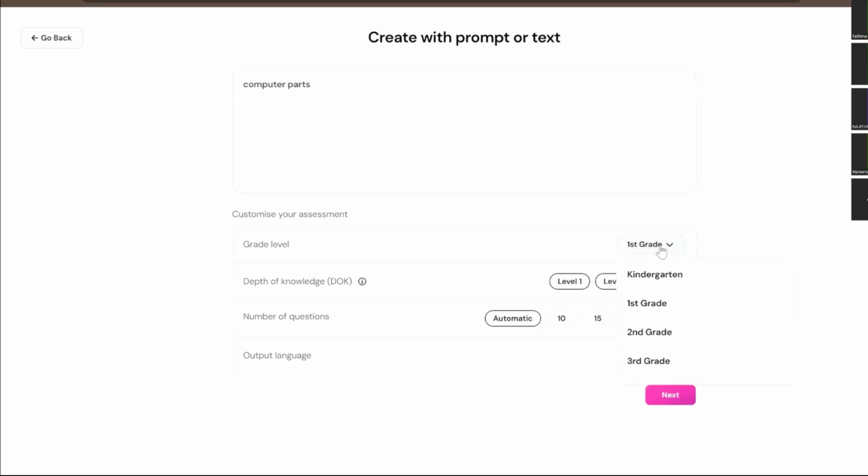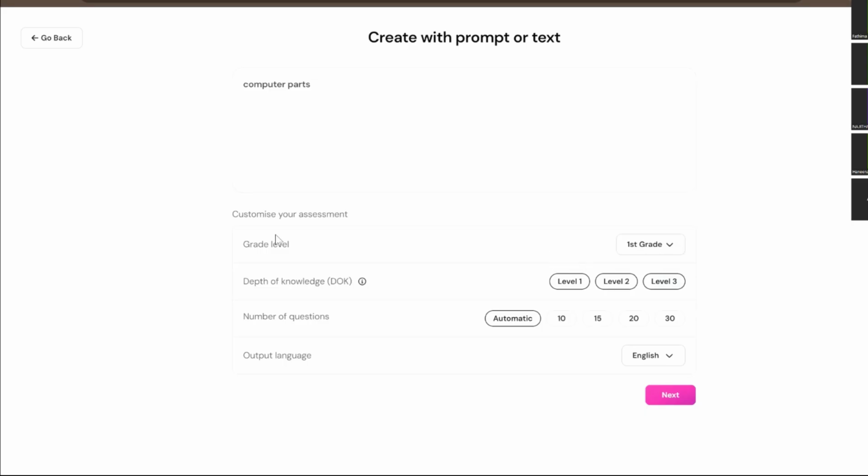I'm going to give grade 1. There are multiple grades, and you can just choose the grade. I'm choosing grade 1. For depth of knowledge, as sir told in the beginning, there are different levels, like low level, intermediate level, high level. So there are 3 levels available here.